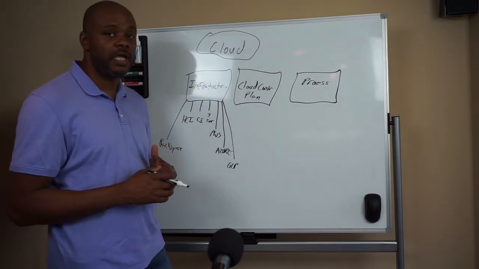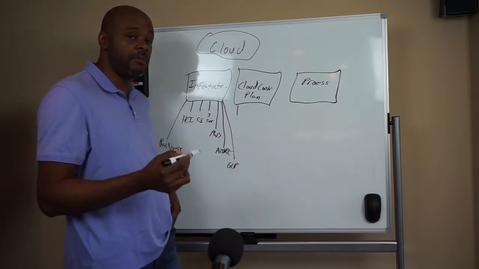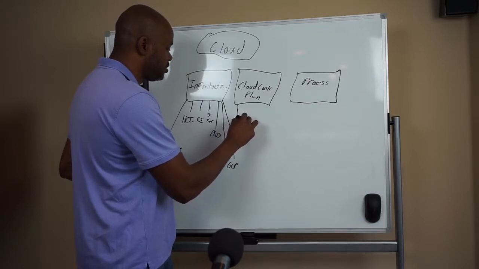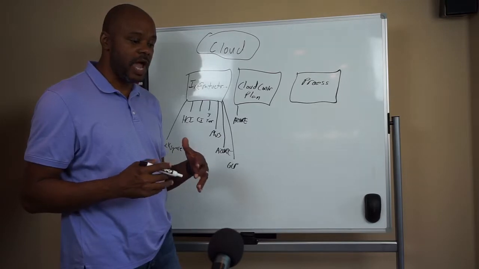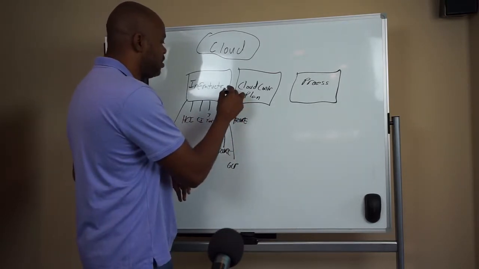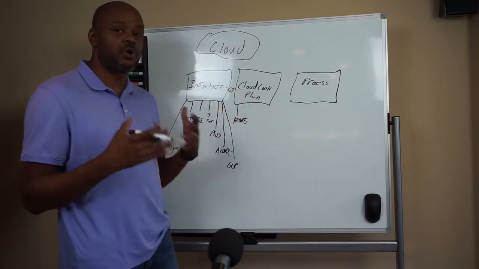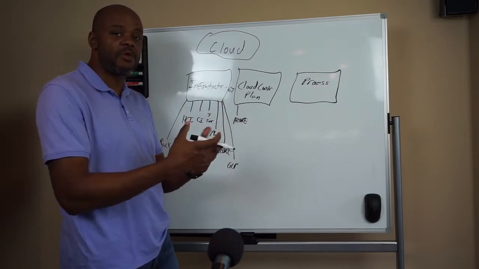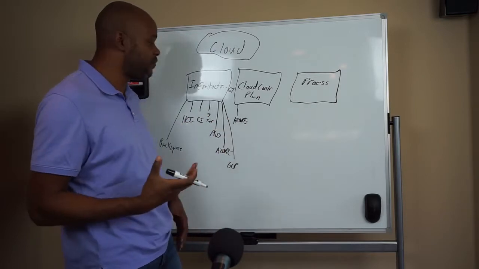So the control plane. The control plane is, in the case of public cloud, our Azure or AWS control panel. So if you think, how do I interface with the cloud, and how does that interface work with the infrastructure? That's the control plane. You take your control plane and you overlay that on top of your infrastructure. Now you have the technical bits that you need for a cloud.